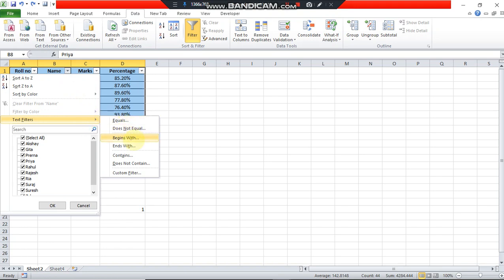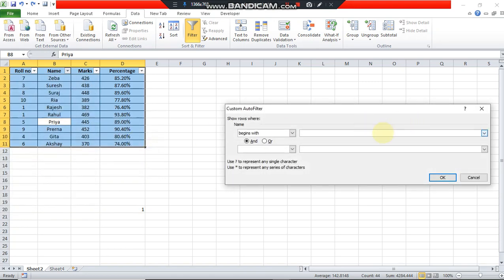Similarly, there are other options also which I'm going to show you, that is begins with and ends with. How it works is, suppose you want to know how many students have names starting with R. Just write the first letter of their name, that is R, and search for it. Click on OK.